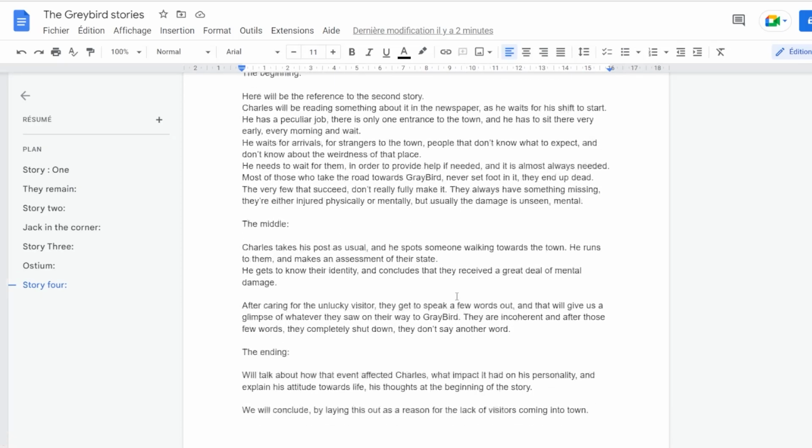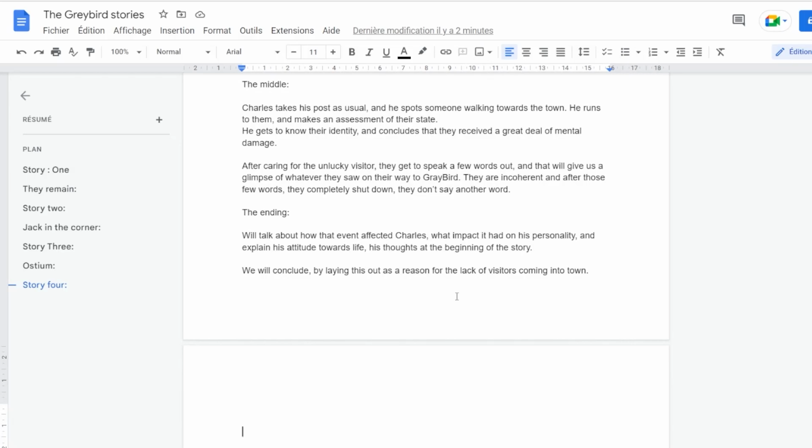I think this is going to be it for this story. As you can see, it isn't much. It's just a very vague layout to this opening story. As I said before, I want to make it the opening to the collection. So this story 4 will be story 1 in the collection when you open the collection book, I guess. How many times have I said the word collection? Should have a word count.